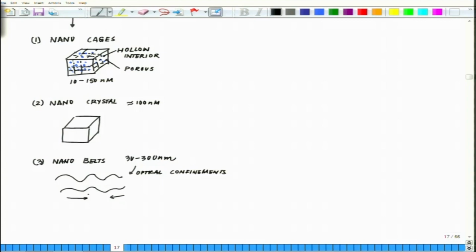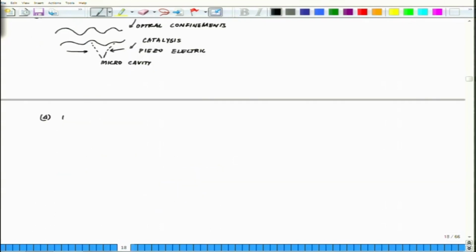Think of it, because you can compress them. That gives it a tremendous scope of piezoelectric features. It could be used pretty extensively for catalysis, and it has a lot of these microcavities. Next is the nanofiber. The fourth one is nanofiber. Nanofiber is a nanofibrous mesh or a network like this,